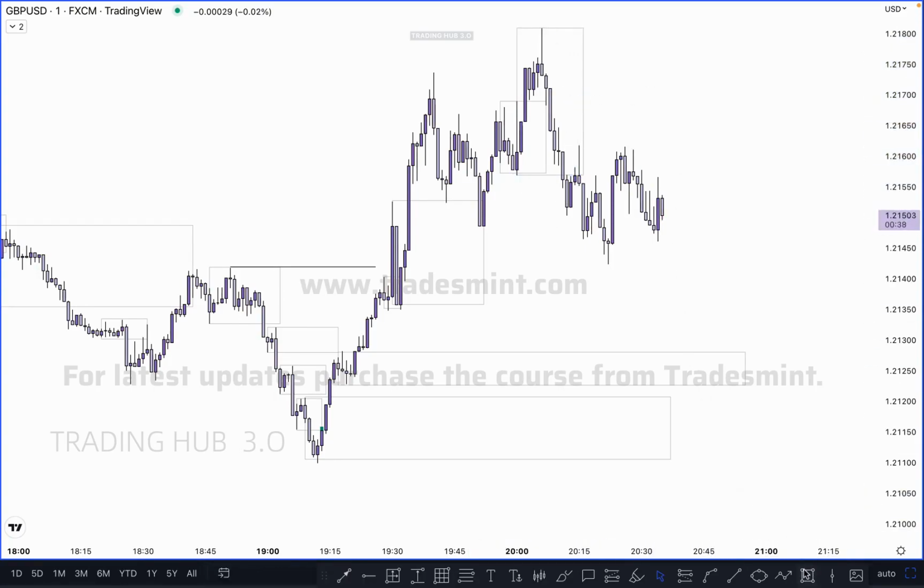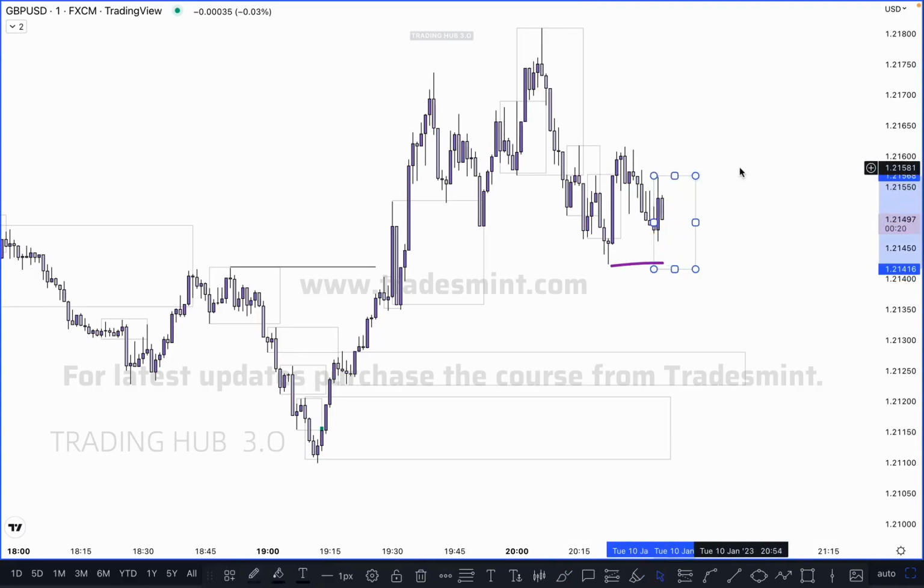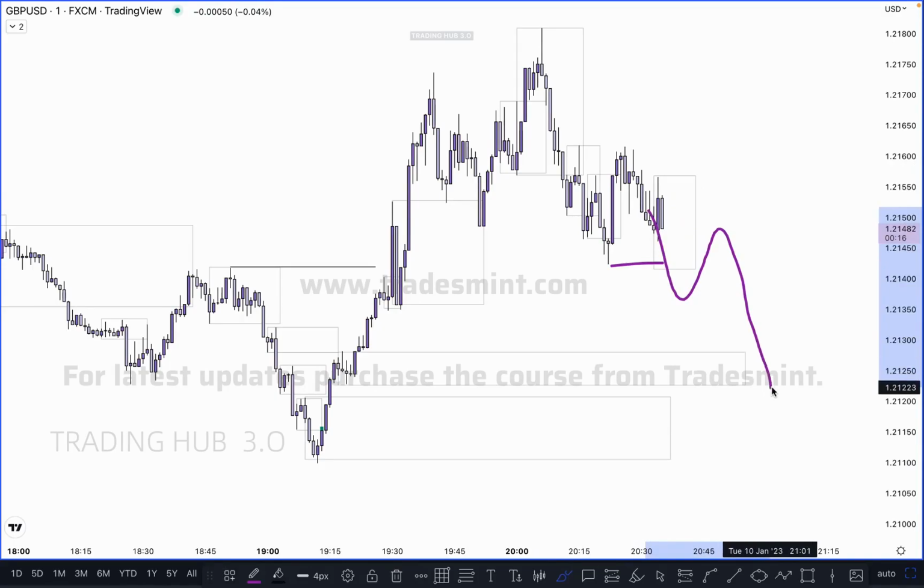Again, what happened here? Market breaks this low and creates a new order flow, mitigates this one and pushes downside. Same thing happens here. Market mitigates this order flow and pushes downside. Again, if market breaks this low, which is here, and then creates something here, then we can see again an order flow and the market must mitigate this one, something like this, and push downside. Okay, and at this point, if the market holds this zone, then we can buy here like this,